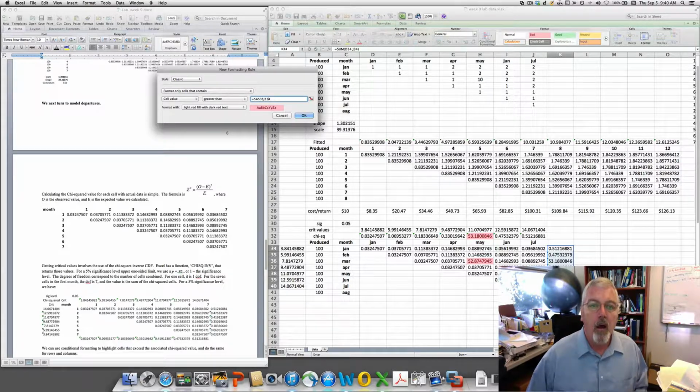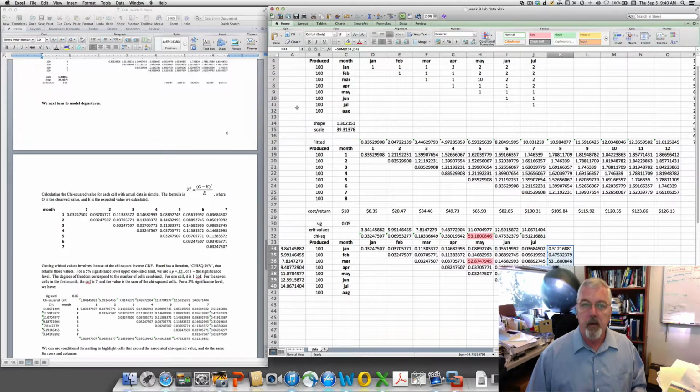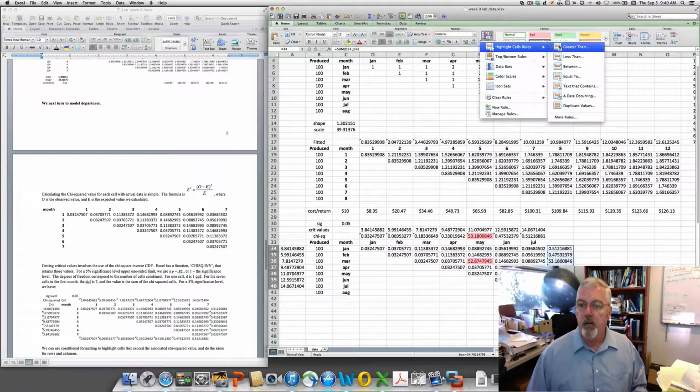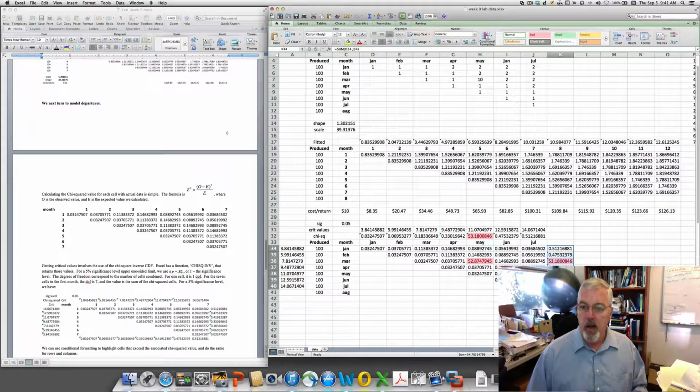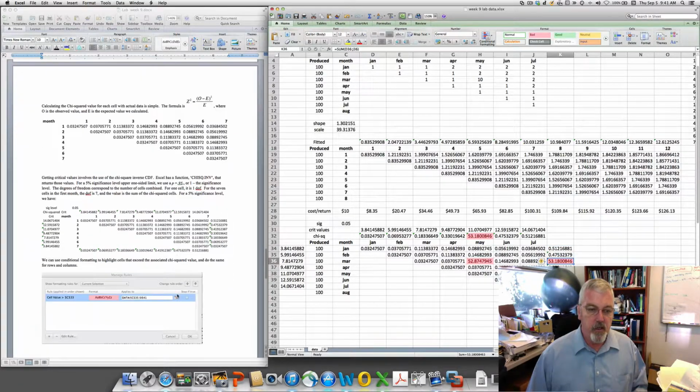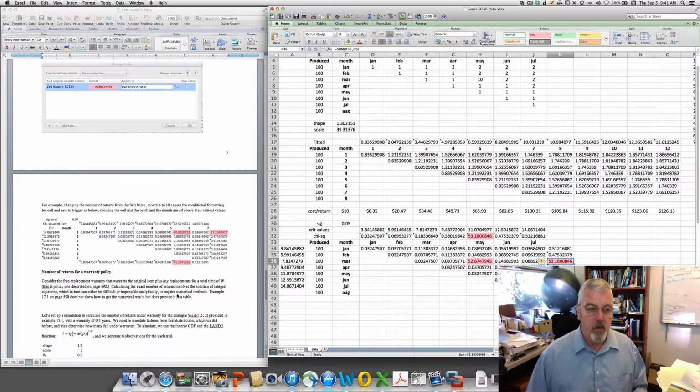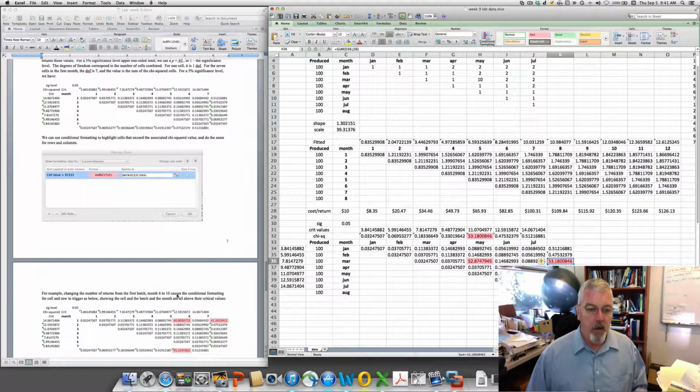Delete this twice again. Cancel conditional formatting, highlight cell rules that's greater than this one, but I'm taking the dollar sign off, click OK. Now this one signals as well. And that's what I've done in the class using the conditional formatting and these rules to show through. And that's pretty handy. That allows me to pick up